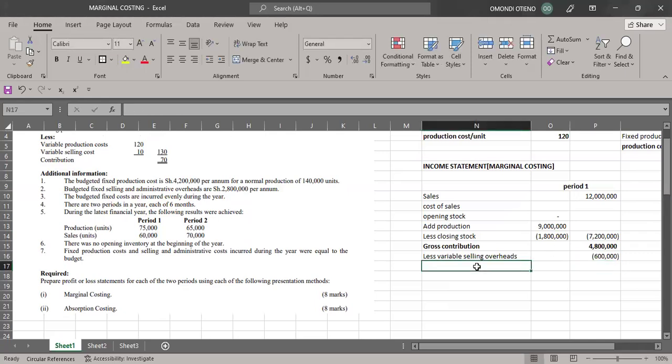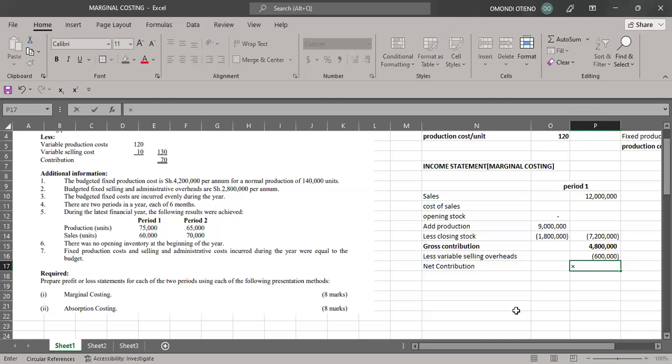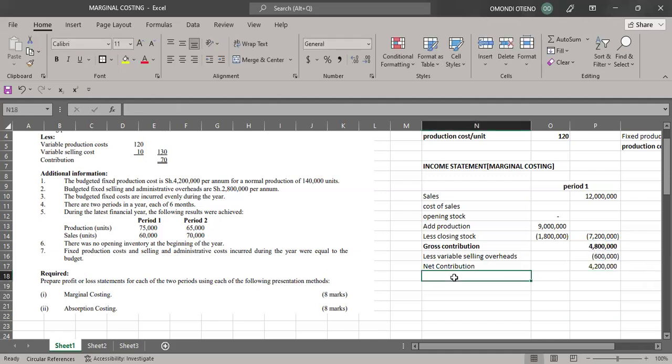That will now give me what we call net contribution. So that's our net contribution. Our net contribution will be the summation of these two, right? Great. To the net contribution, we now need to less fixed